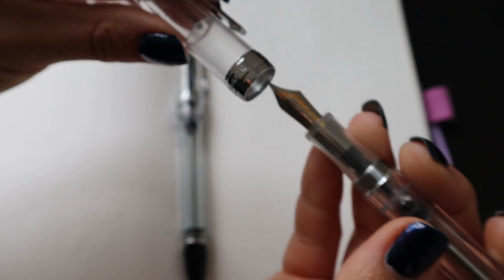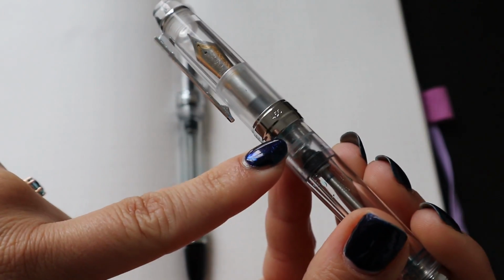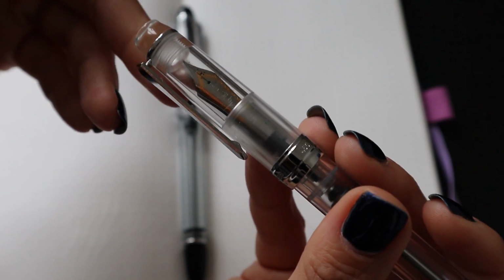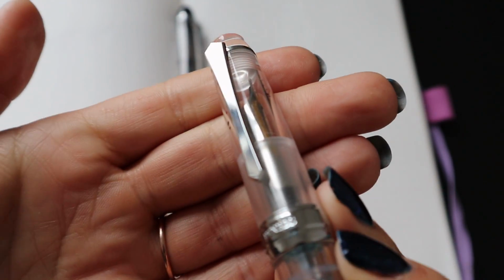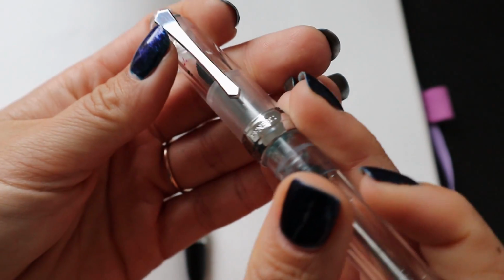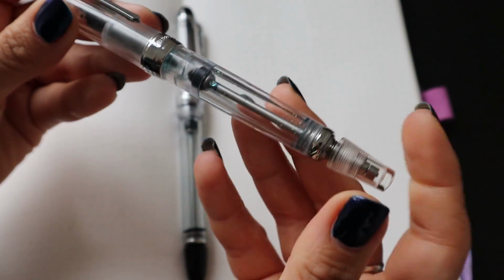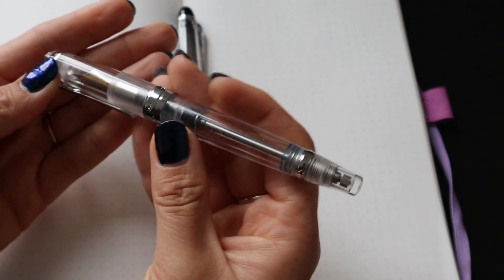Threads are metal. And I don't know why the cap band is not metal, so I don't know why they did that, but that's the thing. I like their clips. So Pen BBS clips are off in this sword shape, which is nice to me. So this was, I think I paid $32 for this. It's also not bad. Also really startery